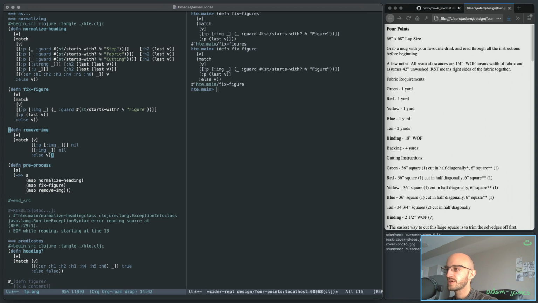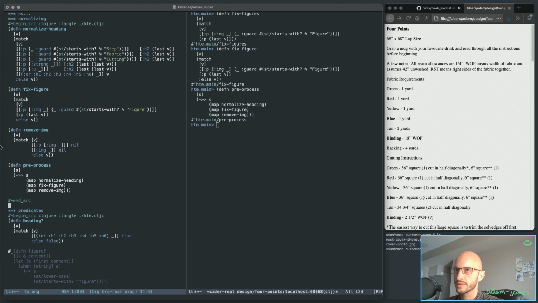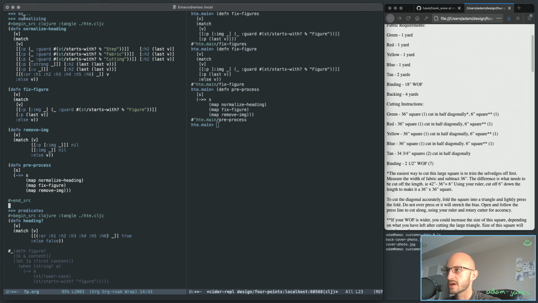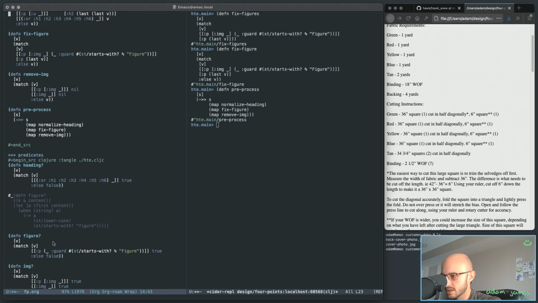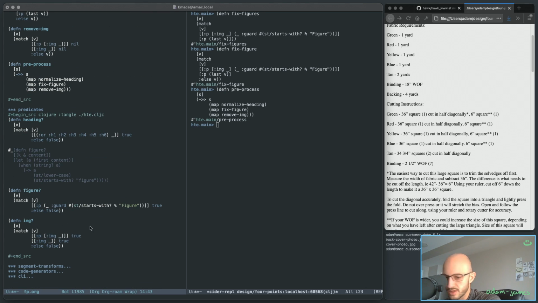So if I run fix figure and then I run remove image, it should have no issues protecting the situation where it won't accidentally eliminate figures, at least according to the particular cases I've discovered in this document. Obviously, it's not necessarily going to be perfect, but now this becomes easier to detect the figures again,